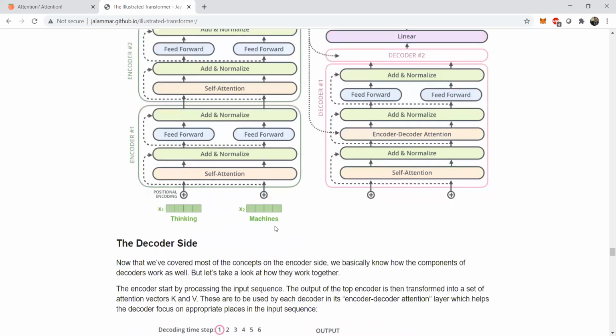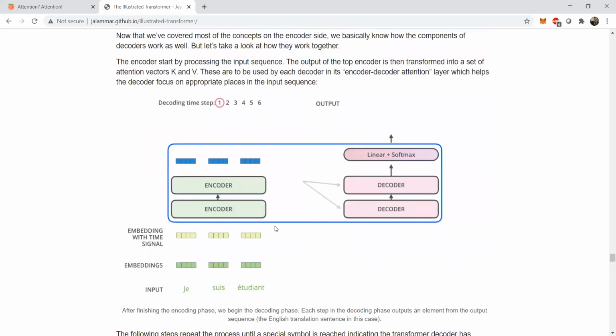And similarly, for the decoder side, it is very simple, which is given by this particular GIF over here. So the encoder produces an output. This key and the value of the encoder is passed into the decoder module. So the decoder, as I mentioned, comprises the self attention mechanism. It also has an encoder decoder attention, right? And it also has a feed forward neural network inside the decoder.